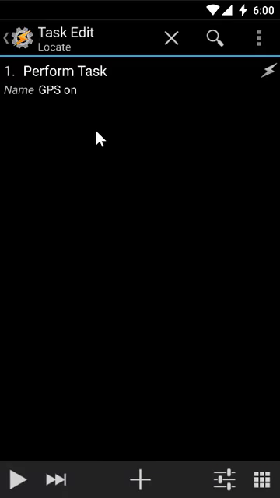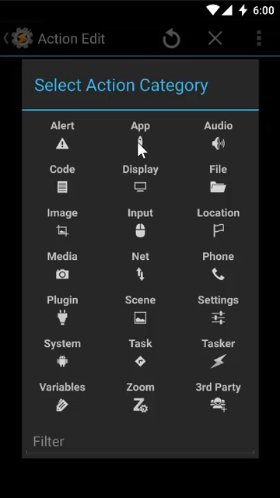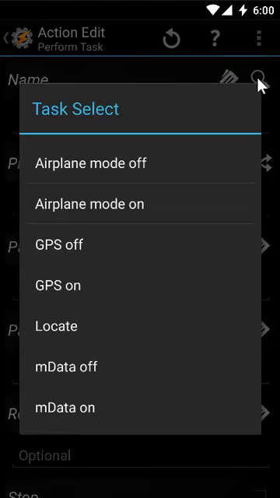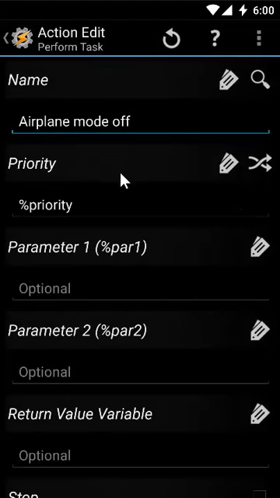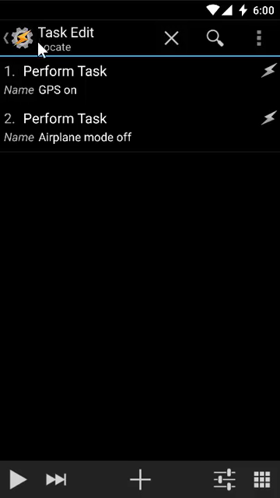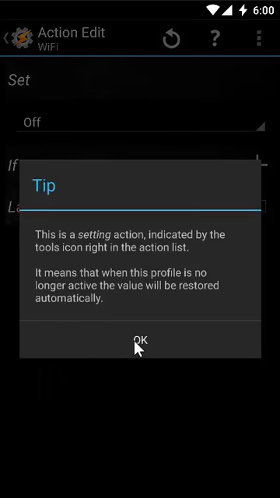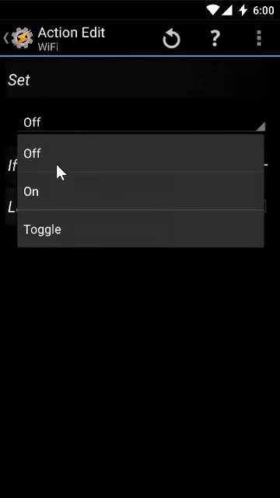So now we are back to locate. The next things we are going to do, we are going to add the task airplane mode off, just in case there are going to be some profiles that will use locate task that are going to need the airplane mode off. And the next one, we are going to enable the Wi-Fi on,